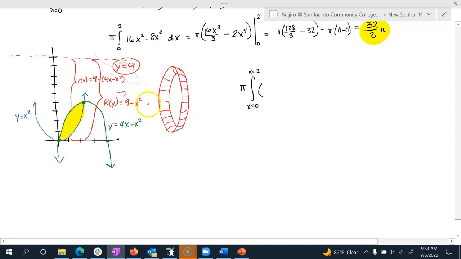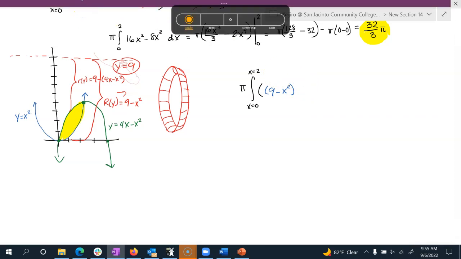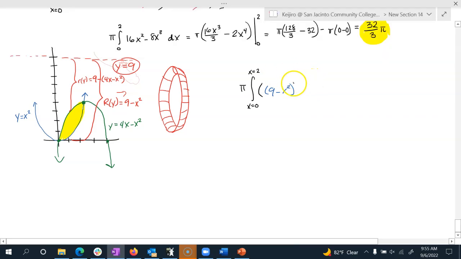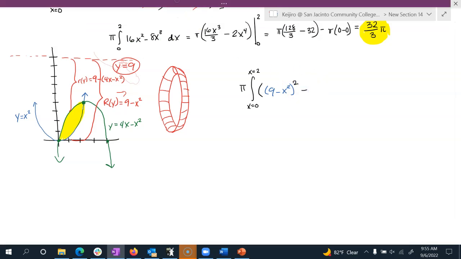But a couple things are different. For example, the outer radius is actually this blue curve now, or it involves this blue curve now, because your axis of rotation is up there now. And so the one that's further away, forming the outer radius, is this blue curve. And so that's 9 minus x squared. So that's the outer radius squared. Minus the inner radius